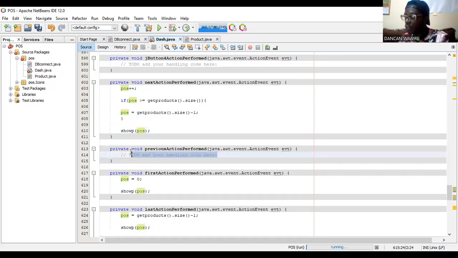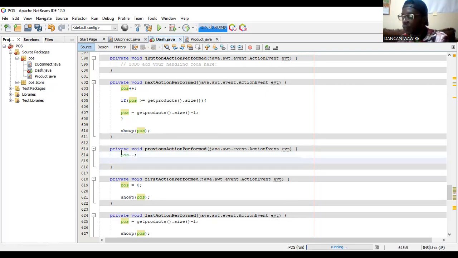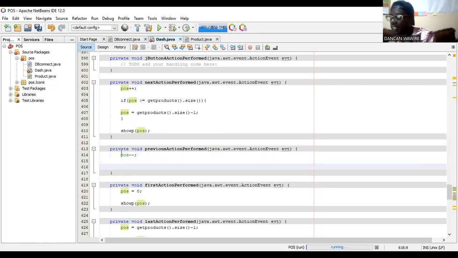Then I'll do show products, and I'll put POS inside position. Then for previous, it is now going backwards. So that one is POS minus minus, decrement by 1. And also this one, when we reach the first one, which is 0,